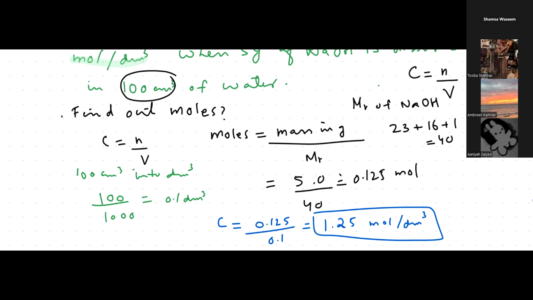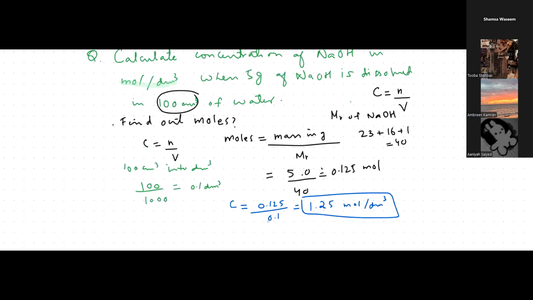When you have to find concentration, does the volume always have to be in decimeter cube, or will they tell us in the question? Decimeter cube. If it's given in centimeter cube, na beti, you have to do conversion, right? You have to convert this into decimeter cube because that's the formula of concentration in moles per decimeter cube, moles per unit volume. You have to take amount of solute in moles and the volume in decimeter cube. So whenever they have given us the volume in centimeter cube, we have to convert this into decimeter cube, right?